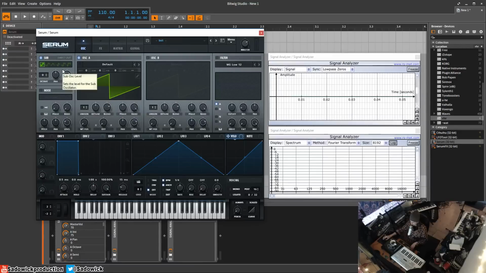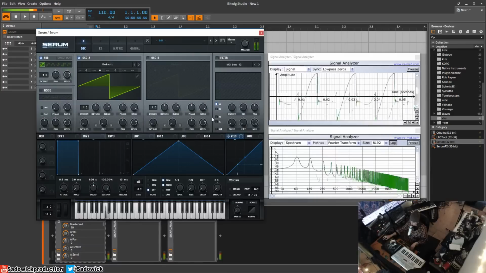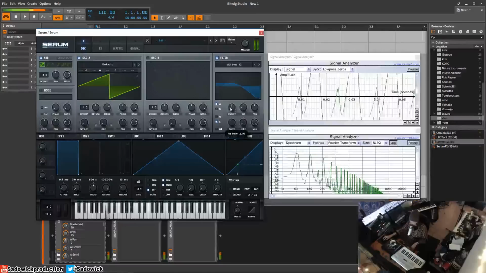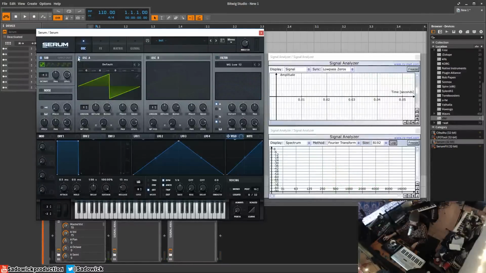And what this does is it adds an oscillator below oscillator A, so you don't have to sacrifice oscillator B to have a bit of low end. And that's basically what it does. It sets the low end, so you have your sine, minus 1, and it adds a bit of low end. That's pretty much what it does. Sounds pretty good with the filter. Make sure that the sub, this S here, is routed to the filter. You don't have to, but